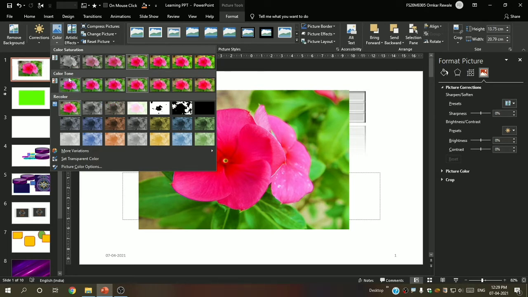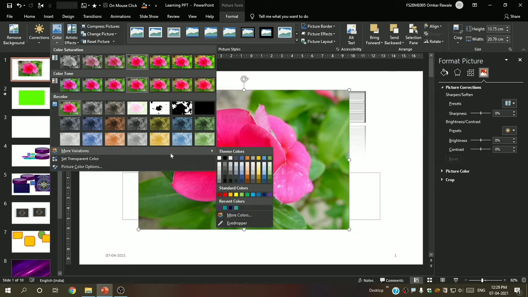Then color tone option, and this is for the artistic effect. Recolor, black and white, there are many. You can see more variations.